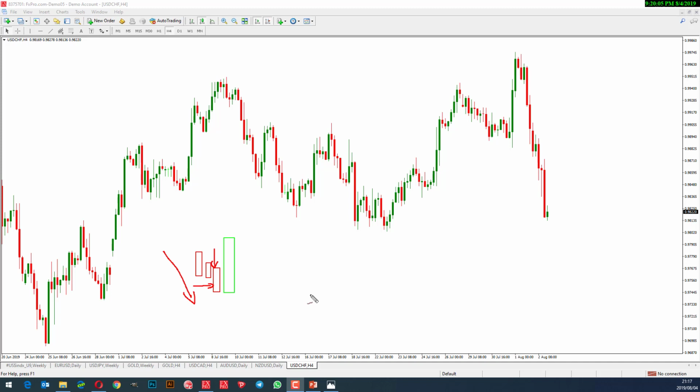So a bullish engulfing in most cases signifies a bullish reversal in the market. It's at those areas that you are supposed to be looking for long positions. So imagine a bullish engulfing taking shape on a strong demand area. That's a clear sign that the market is going to push to the upside. Now let's see on the chart if I can highlight for you